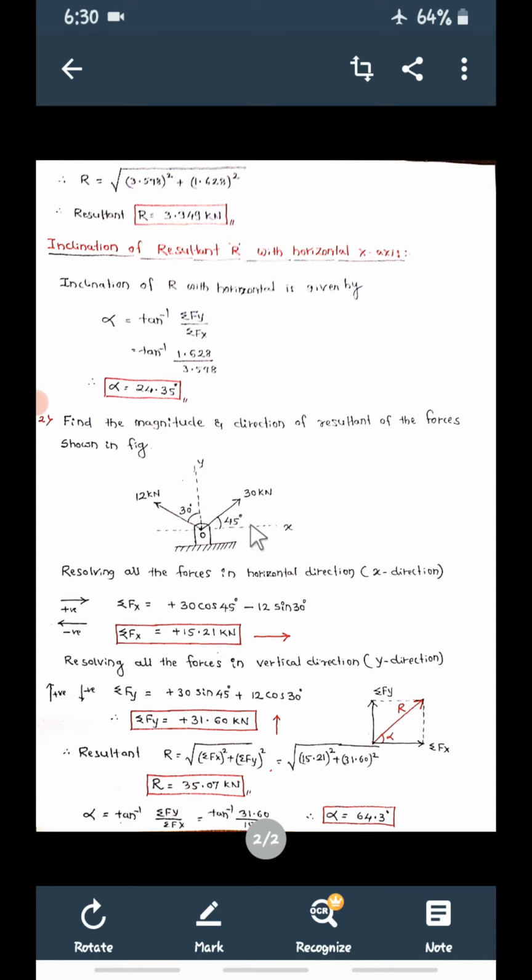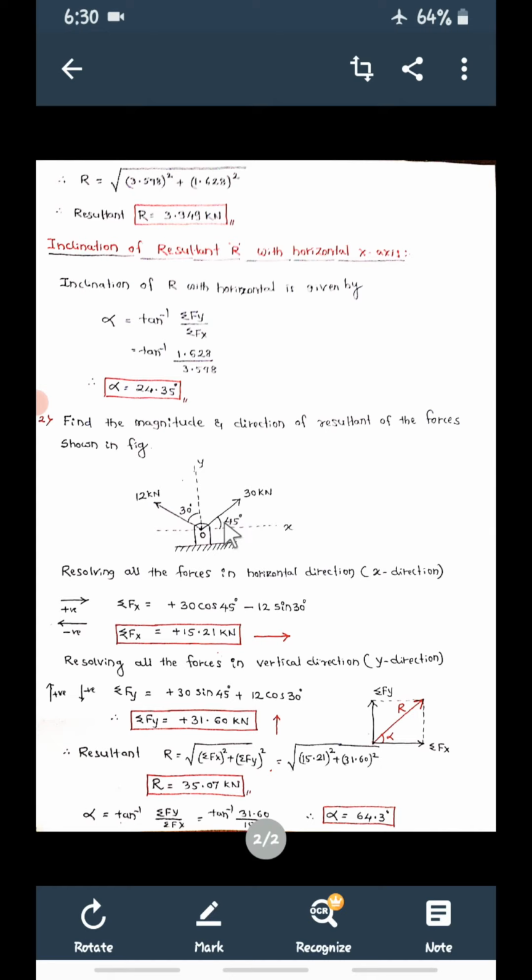So same thing, now resolving forces along x direction first. Resolving the forces along x direction, that is summation Fx. Summation Fx is equal to 1 by 1. First consider this 30. Make this force horizontal. Now plus or minus, see the direction. When you make this, it will move in this direction, plus. So plus 30